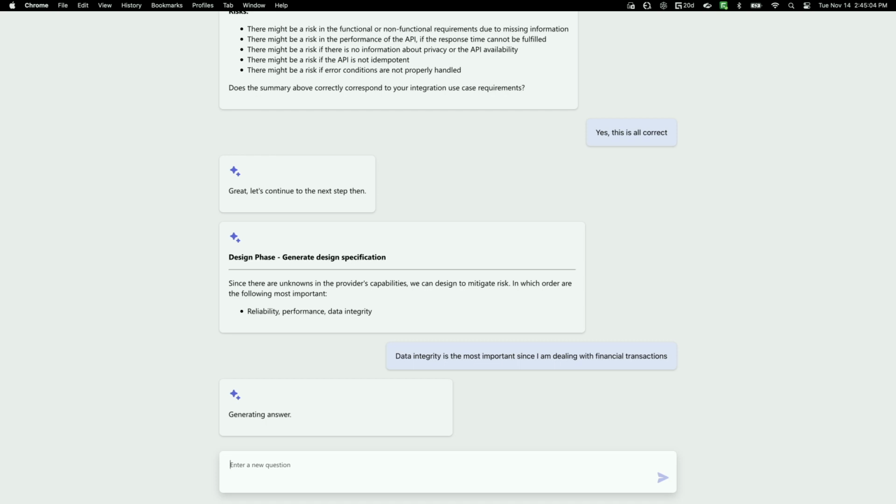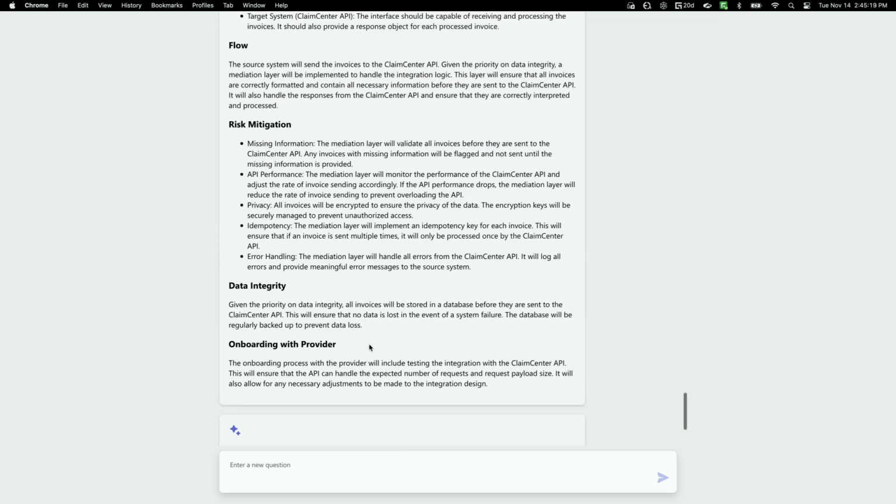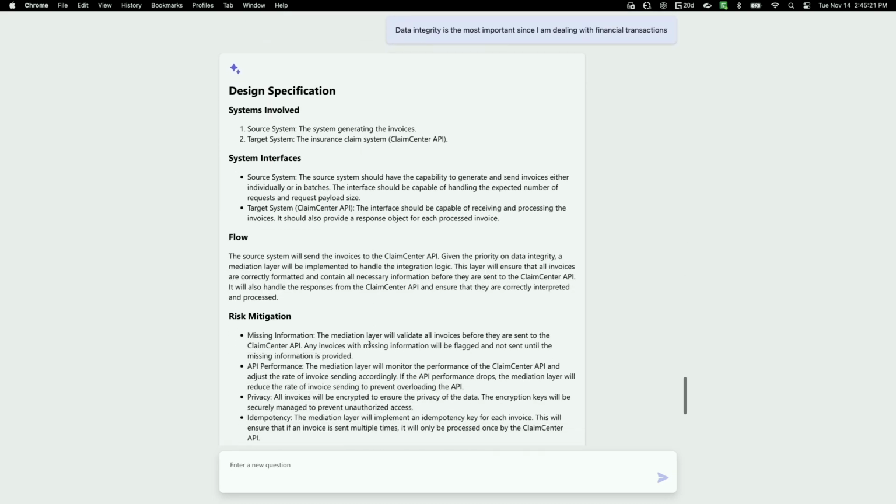So IDA is analyzing that information all together with the previous summary that it generated for me. And it's going to give us back the design specification that we can use for this integration. So let's see what it did here. There we go. So we have a design specification that describes the systems involved in this integration, the source system,